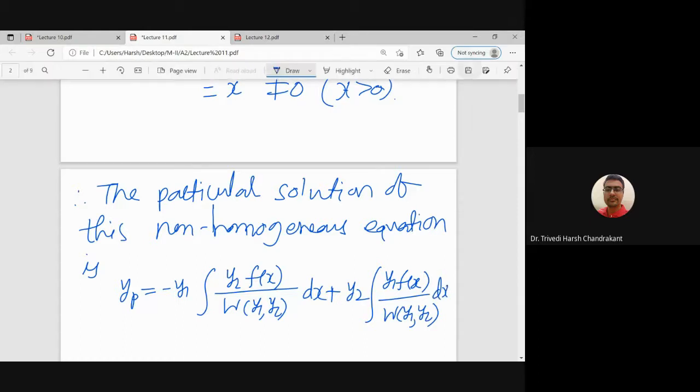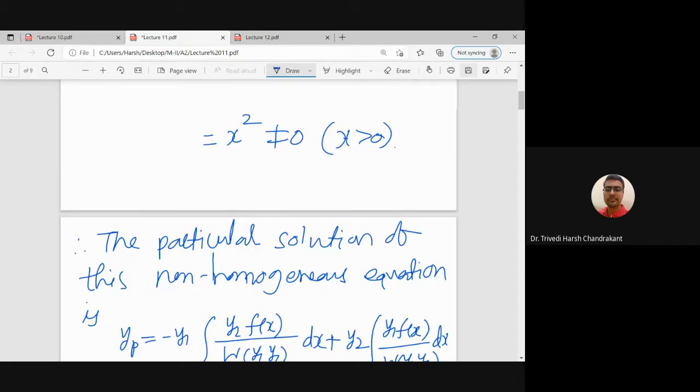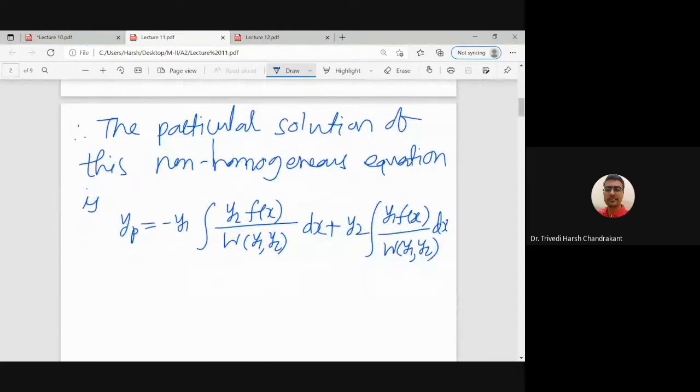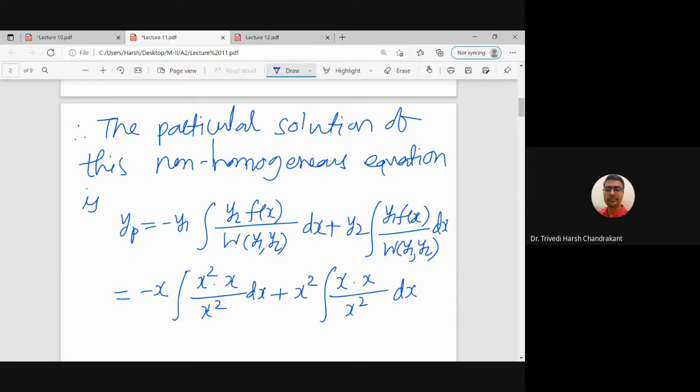So we know all these values. y1 is x, y2 is x square, Wronskian is x square, and f(x) is x. So let us substitute all these values here. So we get minus x integration, y2 function is x square, f(x) function is x, divided by Wronskian, plus y2 function is x square, integral y1 function is x, f(x) is x, Wronskian is x square, right? So we substituted all the values